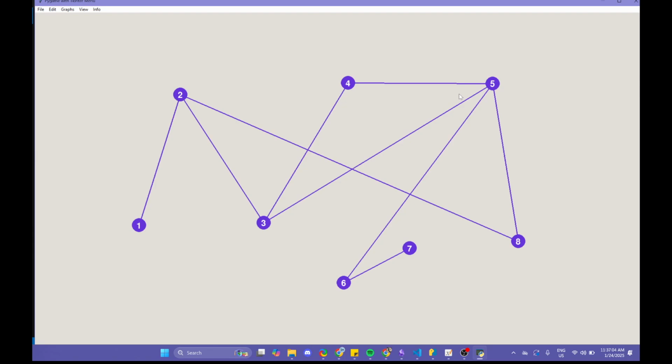And that might be from 1 to 7. 1, 2, 3, 4, 5. I don't think there's a shorter way to do that, right? So 1 to 7: 1, 2, 3, 4, 5, 6. Well, but it's longer, so it doesn't count, right? So it seems like this path here